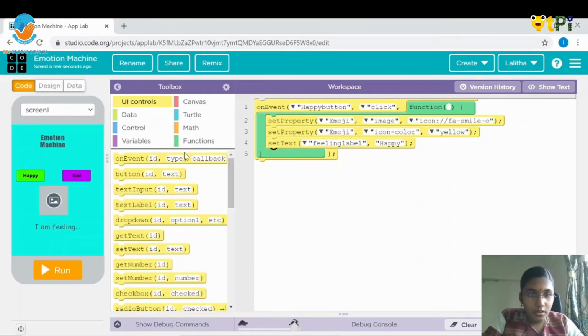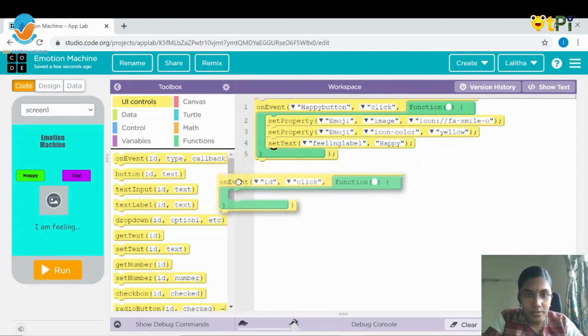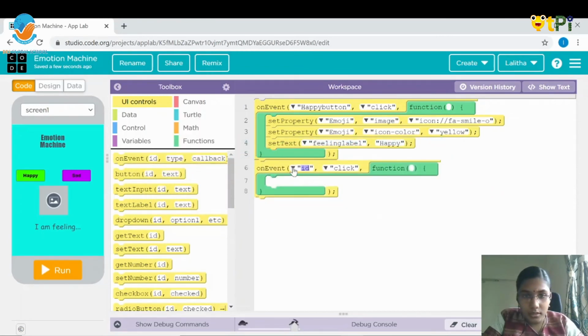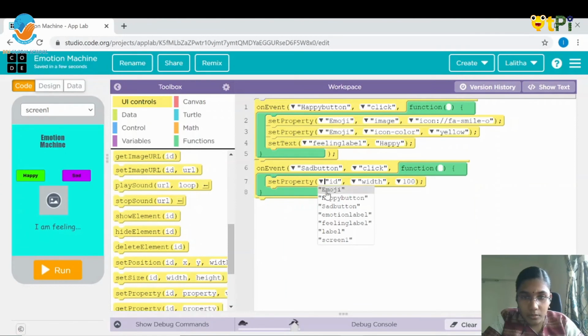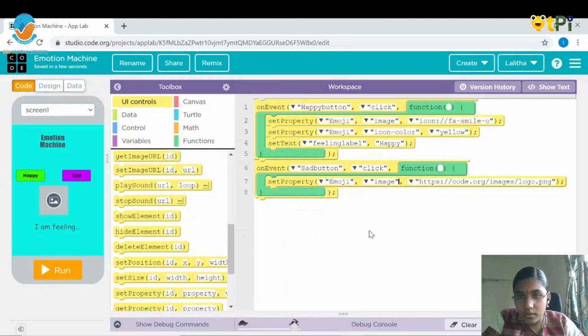So we need to follow the same thing for the sad button also. Just drag and drop the on event, and instead of ID choose it as sad button, and next we need to drag and drop the set property, and instead of ID it should be emoji, and instead of width it should be image, and again a link is given here.